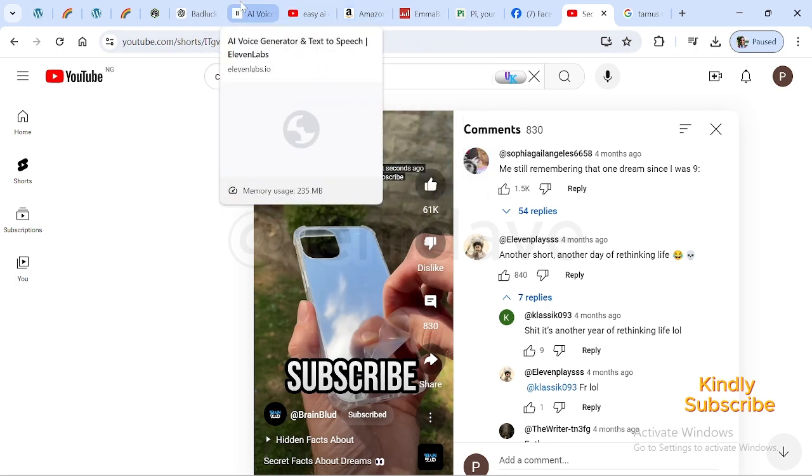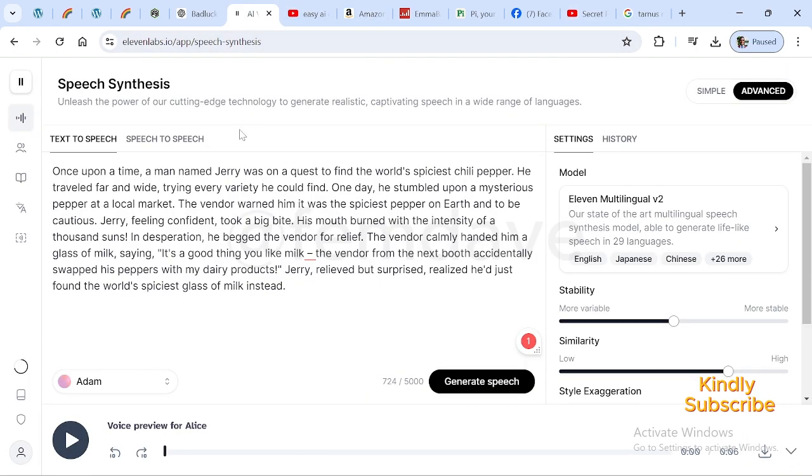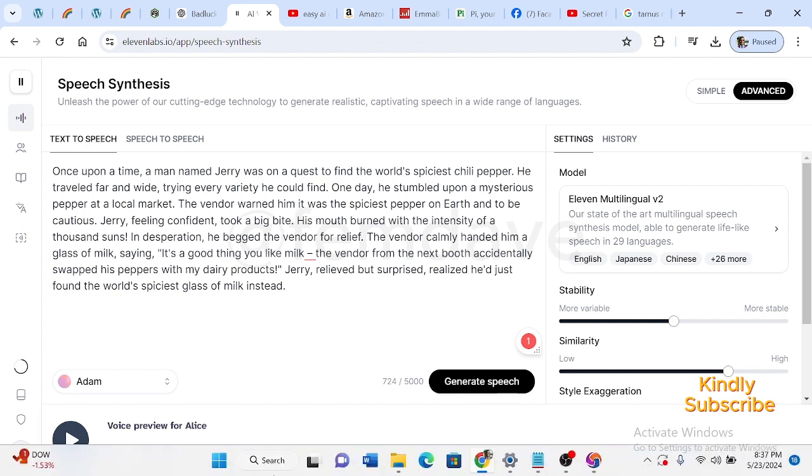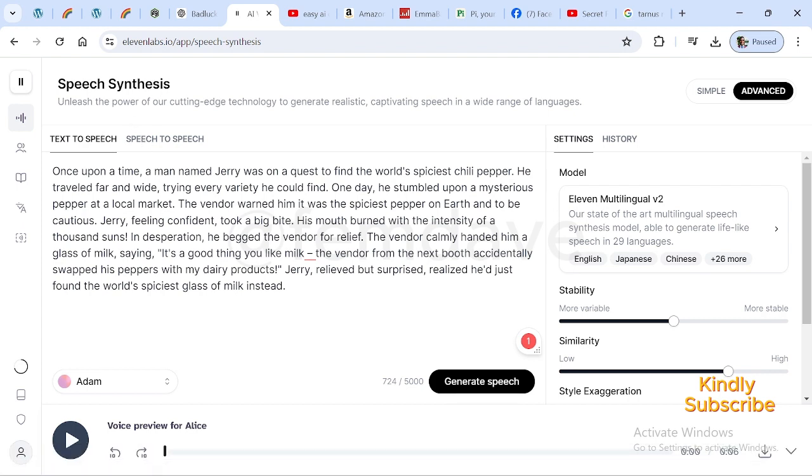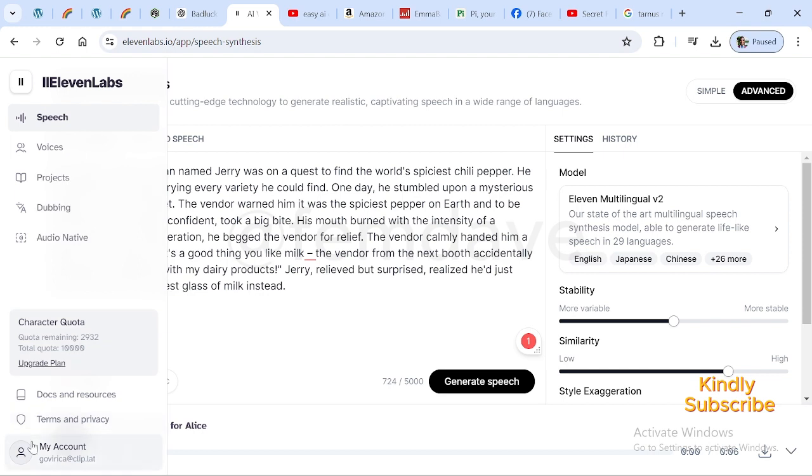Now let me head to 11 Labs right now. So this is 11 Labs on the screen. I have an account with it. Basically, the traditional way is that when you create an account and your quota gets finished, you have to upgrade. And if you click on this upgrade plan,